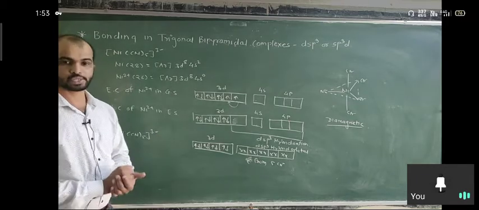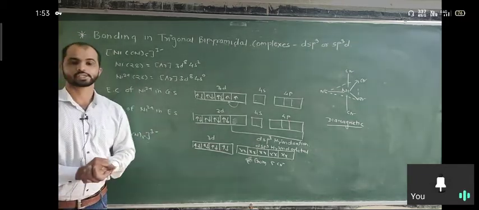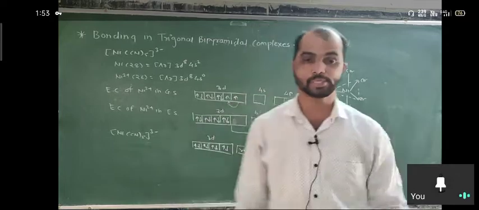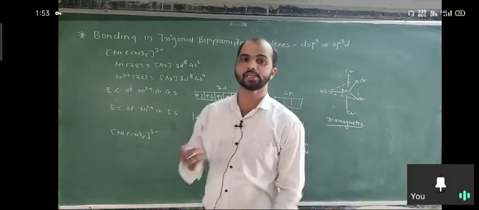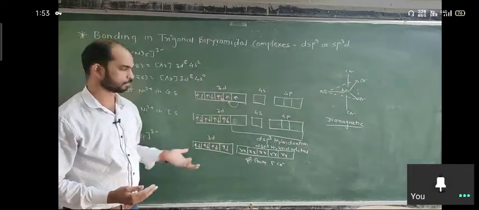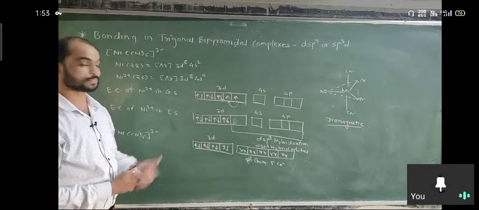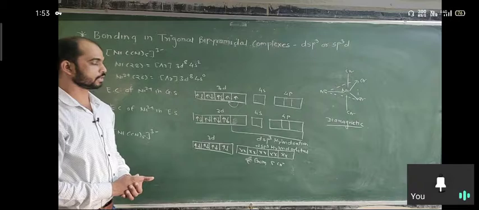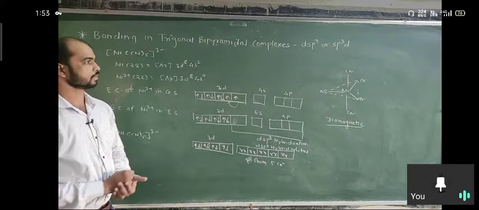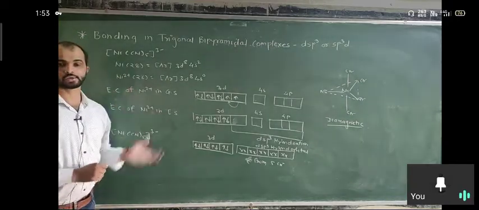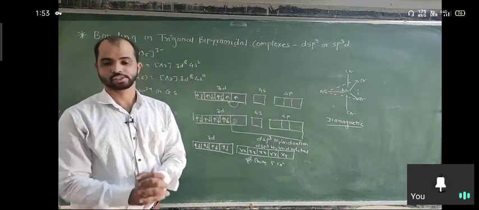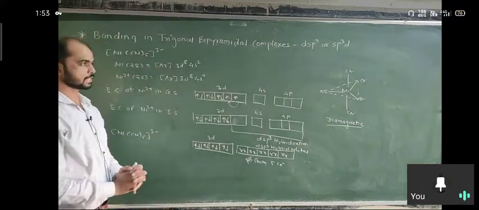So this is all about today's lecture. In tomorrow's lecture, we're going to discuss the octahedral complexes. Basically these complexes show d2sp3 or sp3d2 hybridization. So simple here, 3d makes 2 empty orbitals. If not, then use the next d, the 4d orbitals. So inner and outer orbital complexes are the same as the trigonal bipyramidal complexes. In the next lecture we discuss the d2sp3 or sp3d2 hybridization in octahedral complexes in detail. So we stop here.